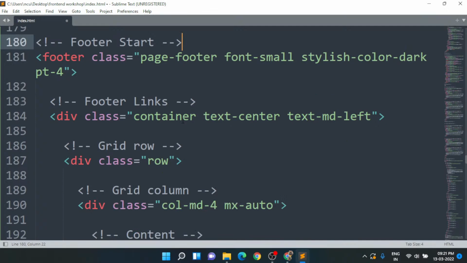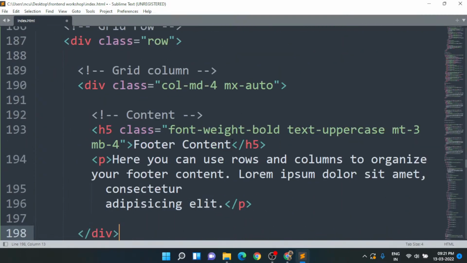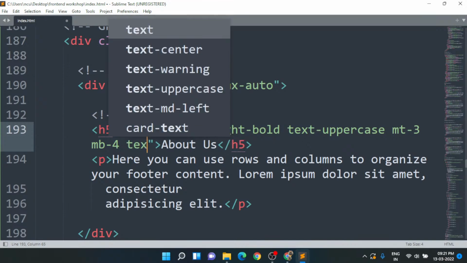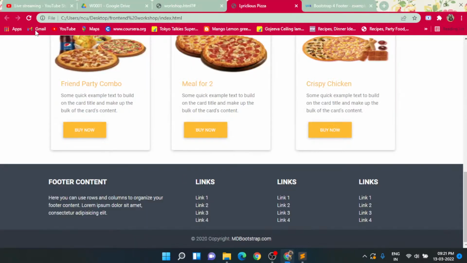Okay, here is the heading, we need to write About us, and for the class we can give text-warning. Okay, just save and refresh and check if it is working, because text-warning is a Bootstrap class,